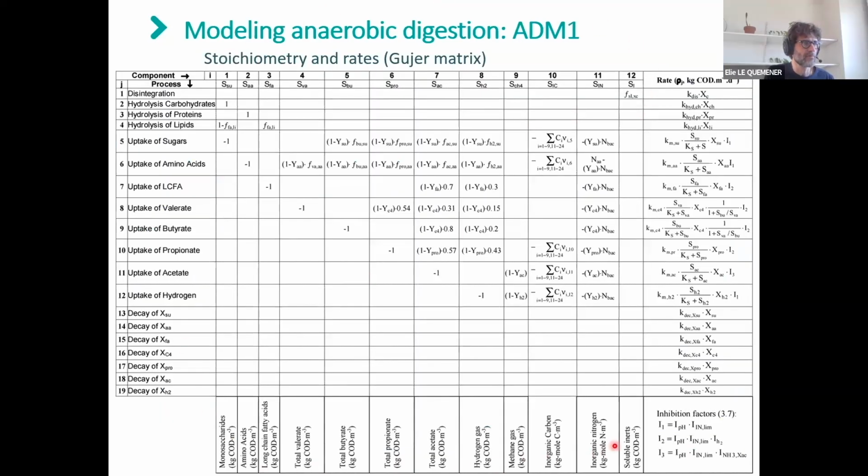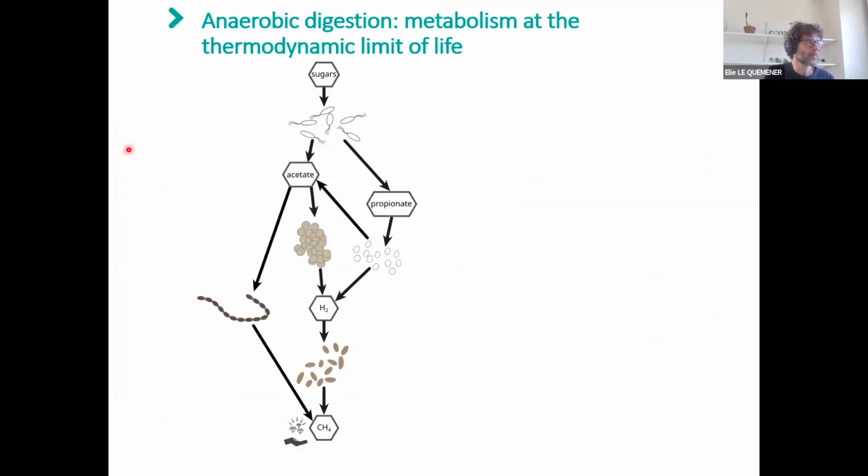Probably you have seen this type of matrix also. It's just a summary of all the stoichiometric coefficients in the model, and on the right you have the rates. And what is interesting, I will go back to the rates later. Here I just zoom in on one part of this anaerobic digestion where we start with sugars and we produce, for example, acetate and propionate. And then acetate is used to produce methane, but propionate produces H2 and acetate, and H2 is also used to